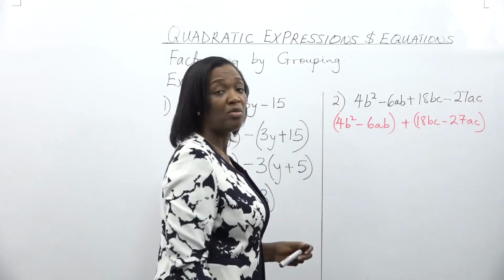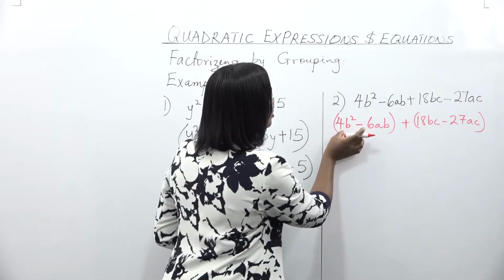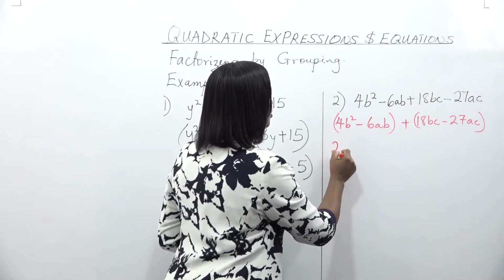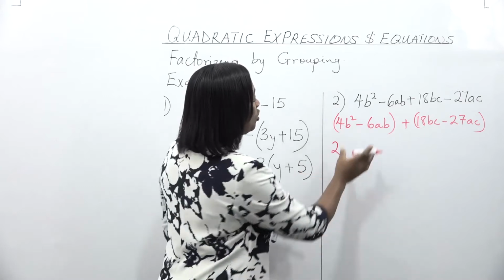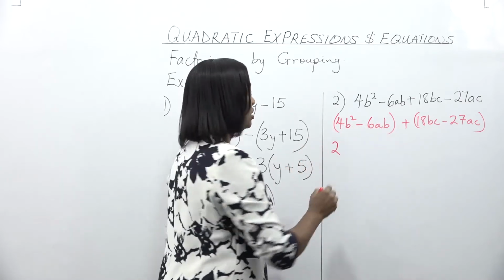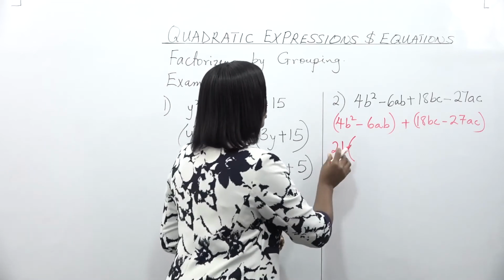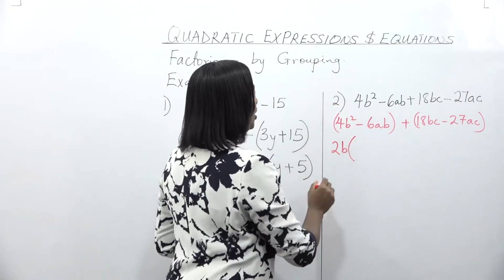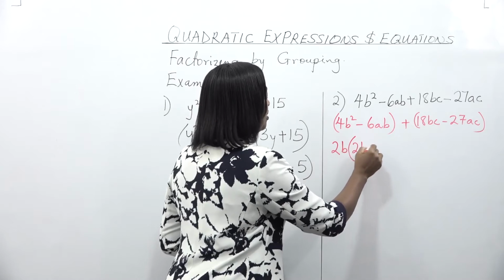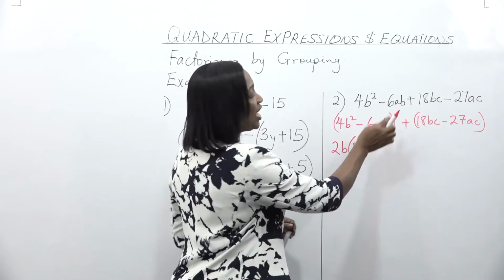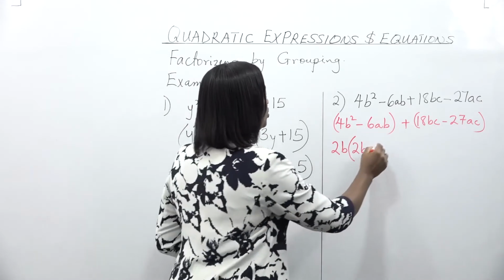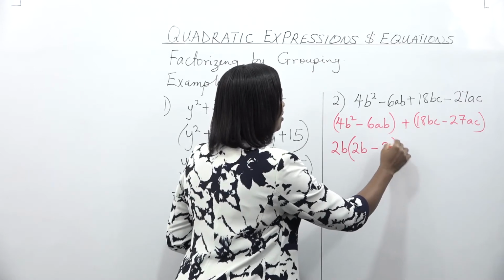Now we look out for the common terms. 2 is common to 4 and 6, so we factorize it. And also, b is common. So 2b is common to both of them. 4b squared divided by 2b will leave us with 2b, minus 6ab divided by 2b will leave us with 3a,